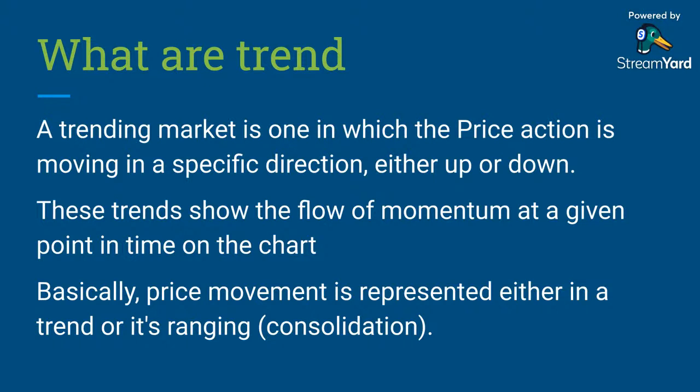All right. So basically, price movement is represented either as a trend or in a ranging market. Like I said, the trend is whether it's going up or down. Now, when the market is not going up or down, it is what we call a tight consolidation or a ranging market. If you relate this with the primary structures, this tight ranging or consolidation is what we call either accumulation or distribution, but on a lower scale, on a smaller scale.